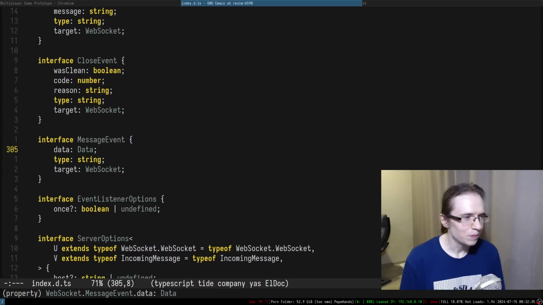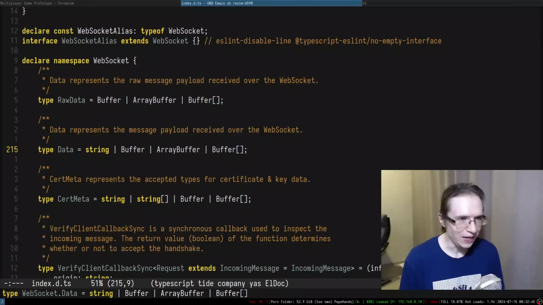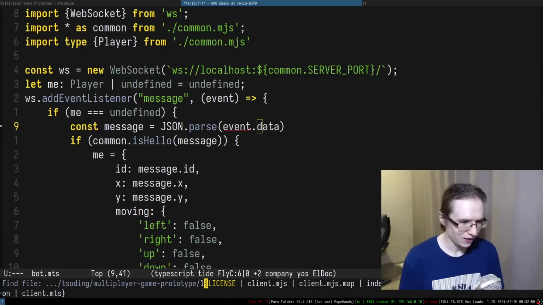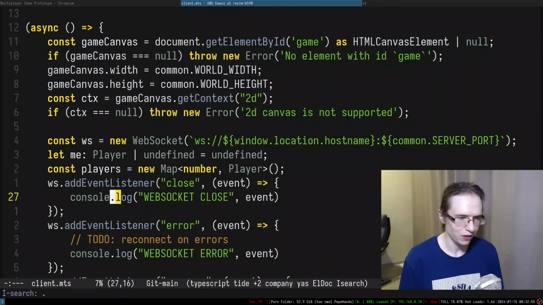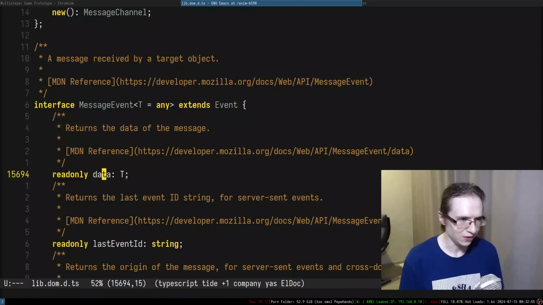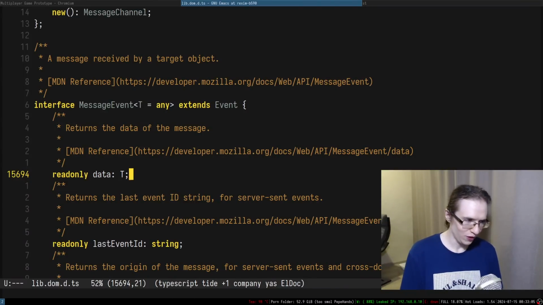That's annoying. So in a Node.js implementation of TypeScript, the data has the type data, which is either string, buffer, or array buffer or something like that. But in a client, in a browser specifically, if I take a look at the data, what's data? It's actually any. So it's kind of funny to have universal code that needs to work between Node.js